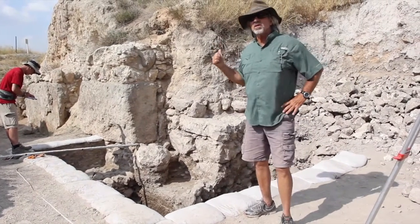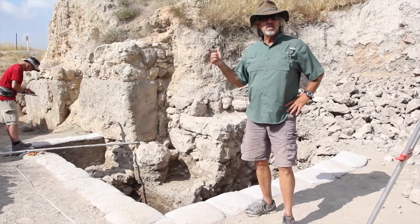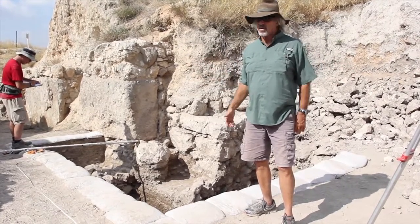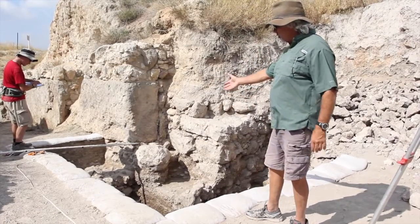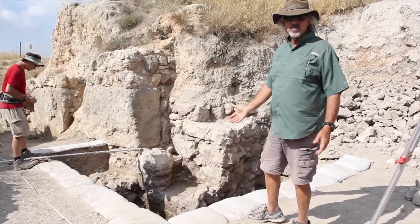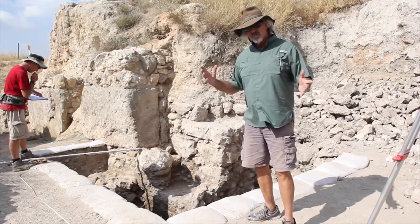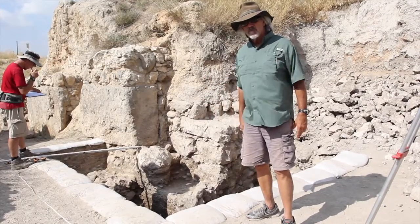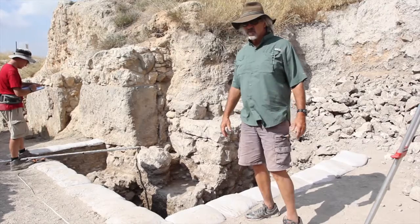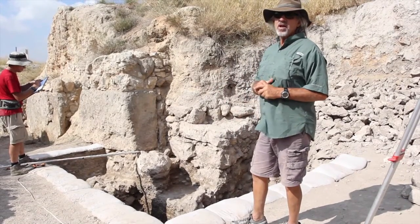Not only was there defensive apparatus significant for a city of this time period, but obviously you had to have water. As you can see, even the walls that we're uncovering below this gate system is monumental. Our water system is monumental. So it seems to fit very well that in the earlier periods of the Middle Bronze Age, development of massive fortifications. And of course we're dealing here now with the time period of the patriarchs, all right,